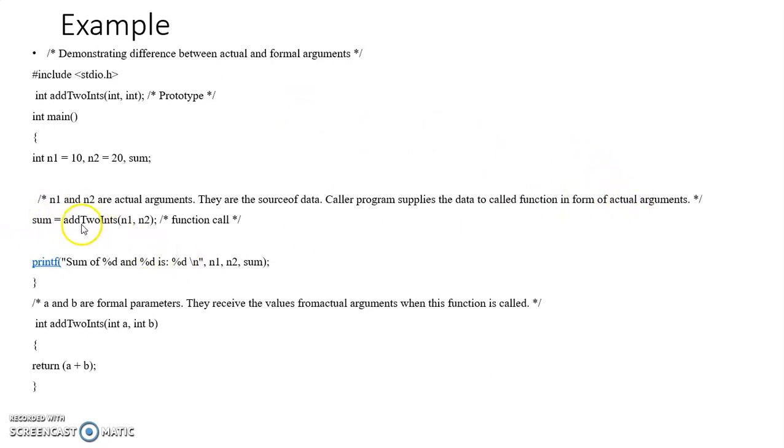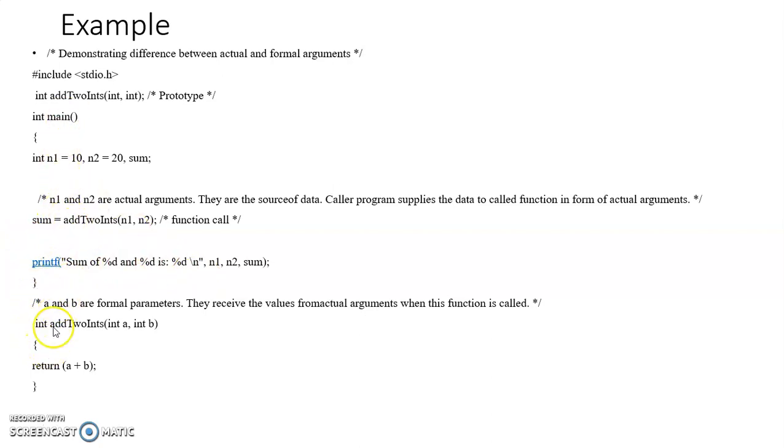Now here is the function call. How are we calling the function add2ints? This is my function name. We call add2ints in brackets n1 comma n2. These are the two variables on which I am performing the operation. I am passing these two variables in this bracket, followed by a semicolon. Now whatever the function returns, the control is transferred first to this function. Here it performs the operation and the answer is assigned to this sum variable. Then we print the value. So this is the operation inside the main function.